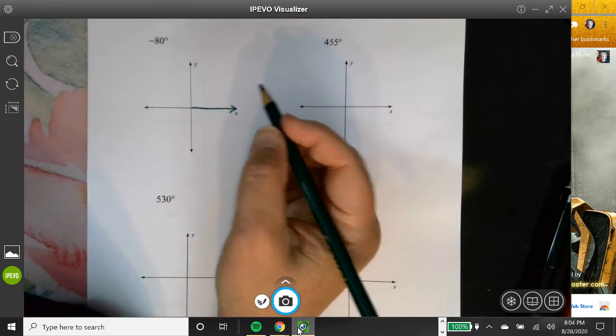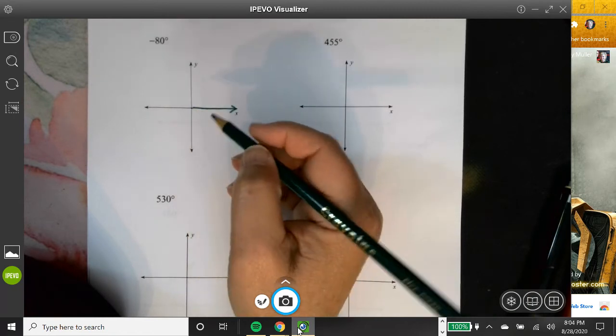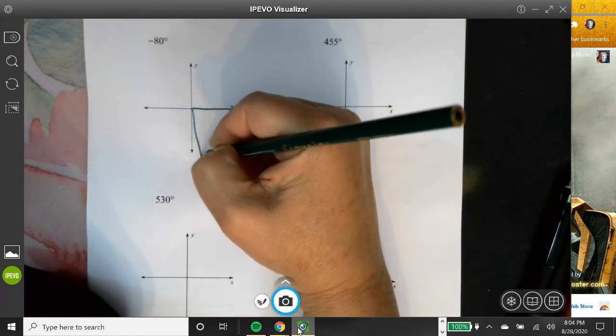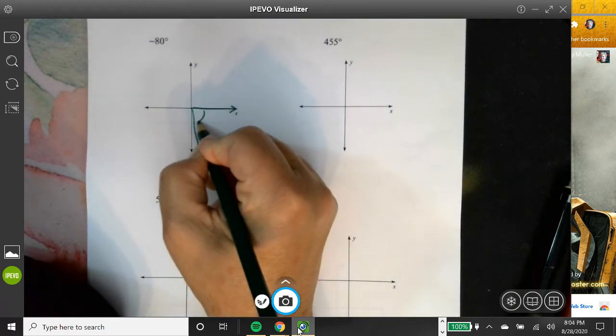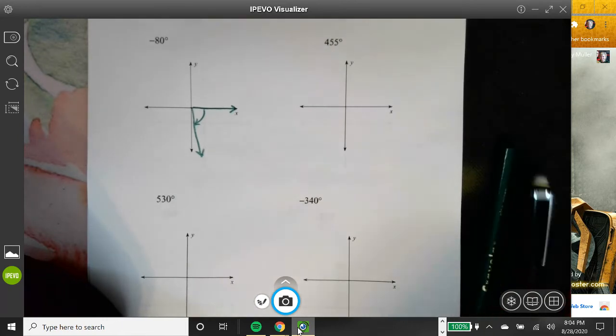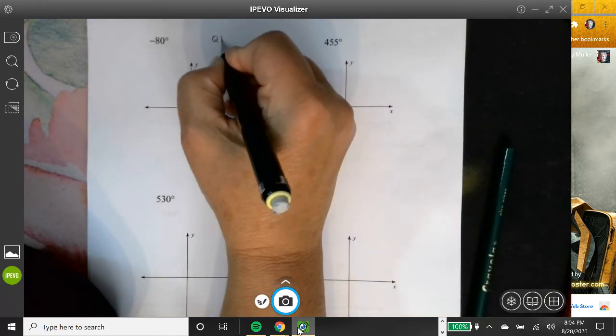All right, now we're going to do negative 80. Well, negative 80 is still a clockwise rotation, but I'm 10 short of 90, so I'm going to do this here. There we go. And it's rotating that direction. And I'm going to say that this is a quadrant 4 angle